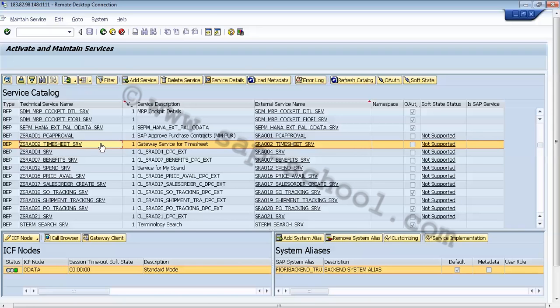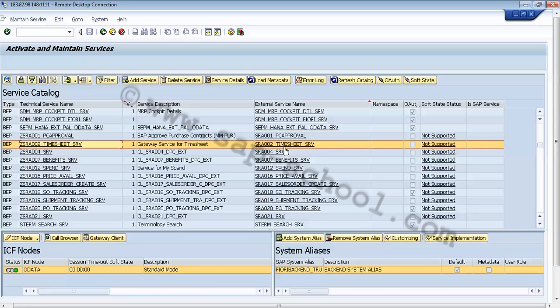In this we can check the external service name. My external service name is SRA002 timesheet SRV, which we have just seen in the network tab. Now what is my service URI? I can check the one we took earlier.